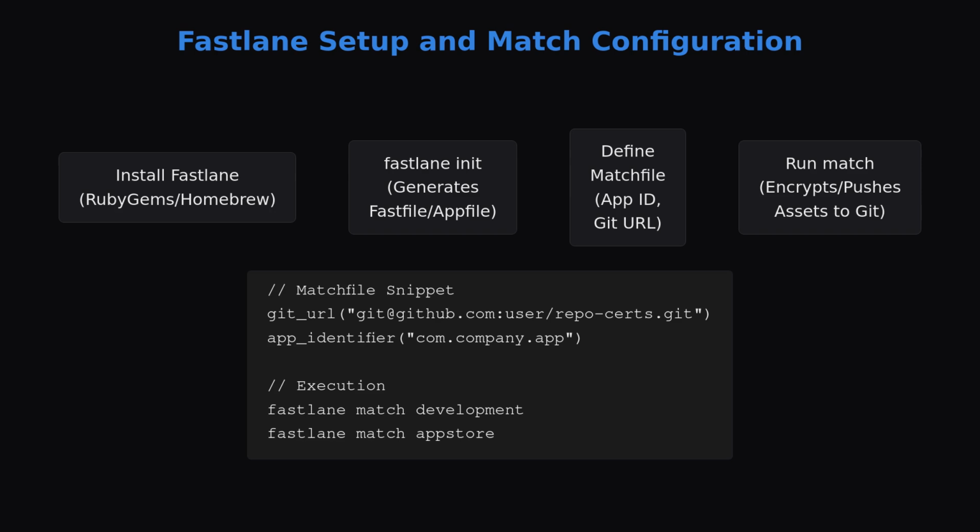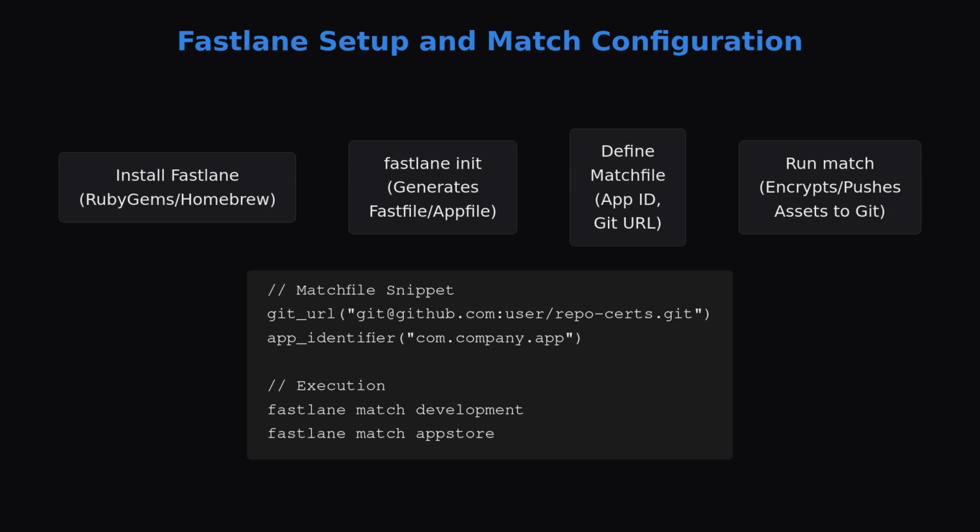Define the Matchfile, specifying the application identifier and the private Git URL where signing assets will be securely stored. This Git repository must be private for security. Run fastlane match development and fastlane match appstore sequentially. These commands generate the necessary certificates and profiles, encrypt them using a shared secret, and push them to the designated